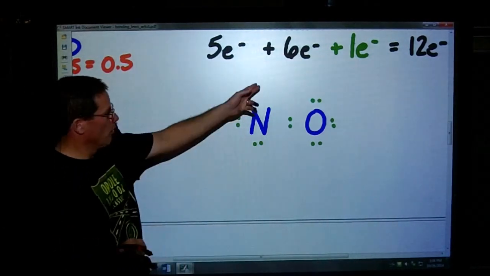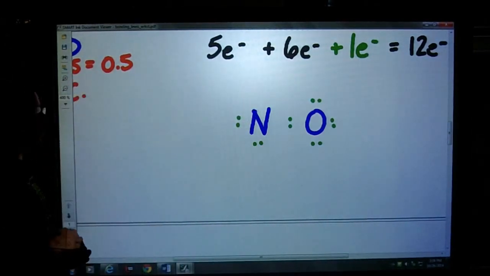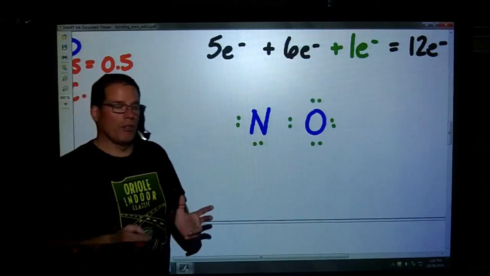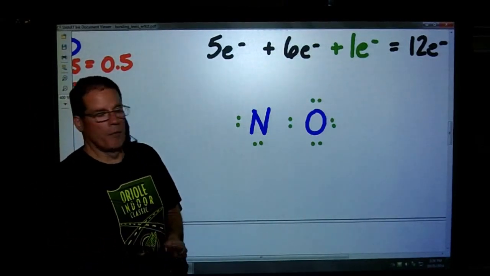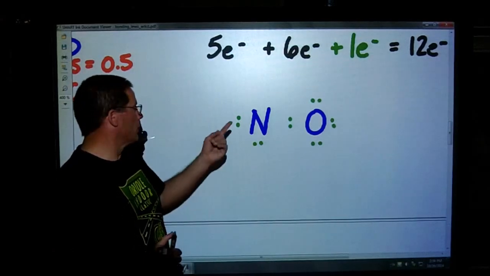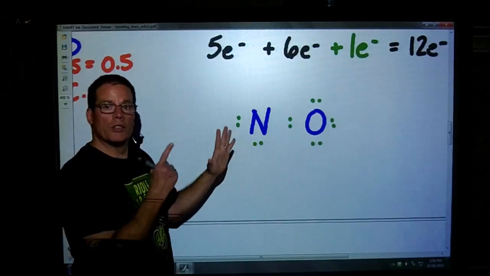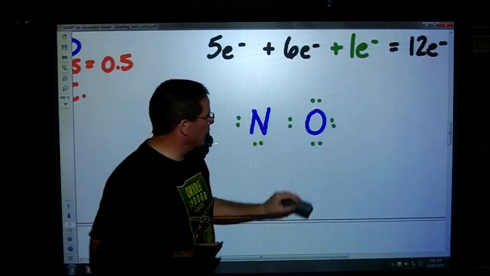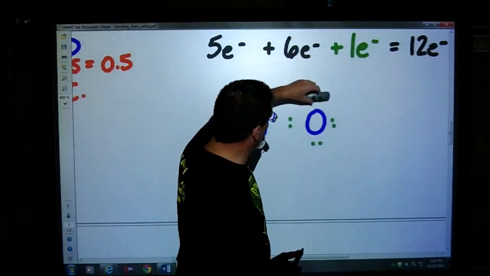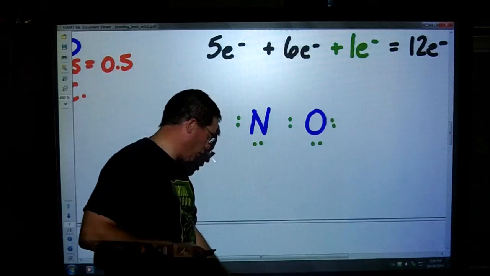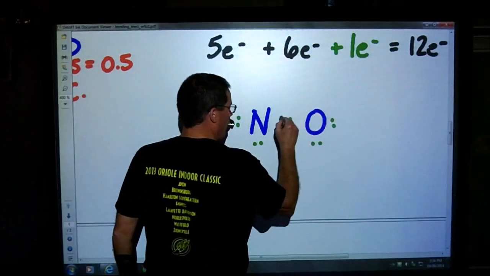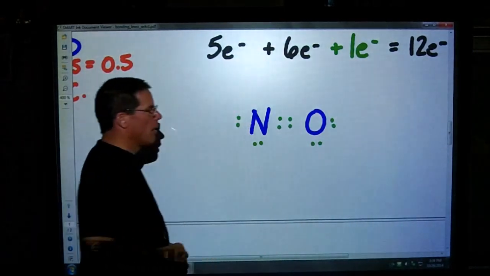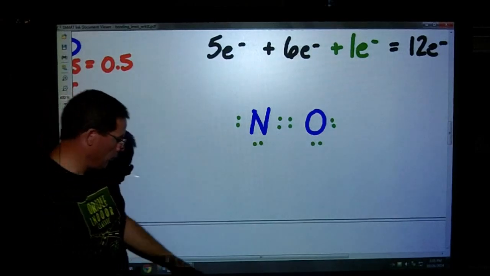And if you want to put those on top and leave the bottom empty, that's fine. But ask yourself this, does everybody have 8 electrons? The oxygen does, but the nitrogen only has 6. Very good. Don't forget, they're in between. So that means that we need to take a pair from somewhere, and just to keep it symmetrical, take that pair there and move it in between, and now everybody has 8 electrons,